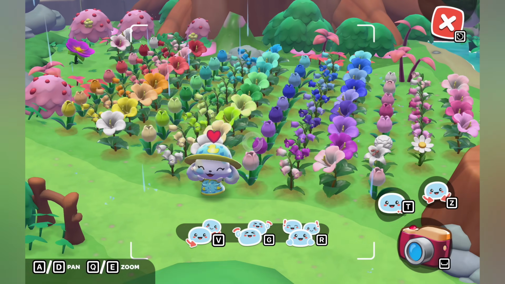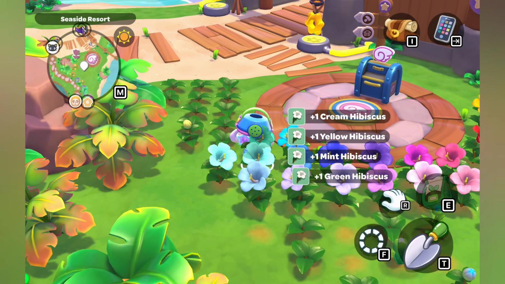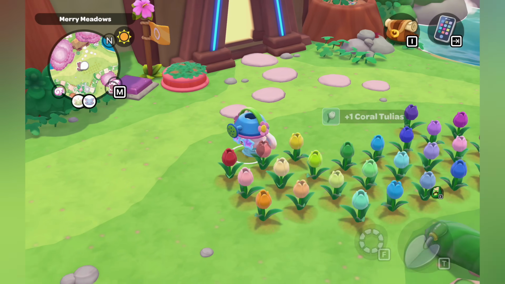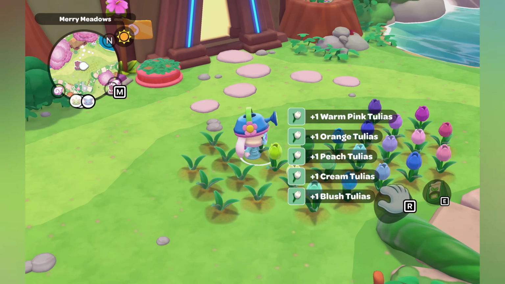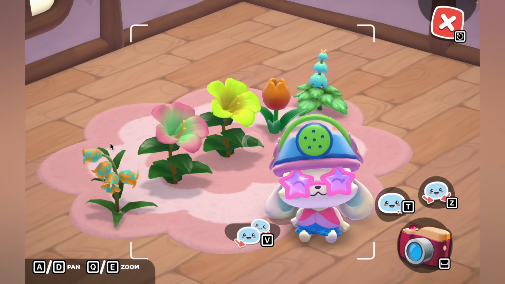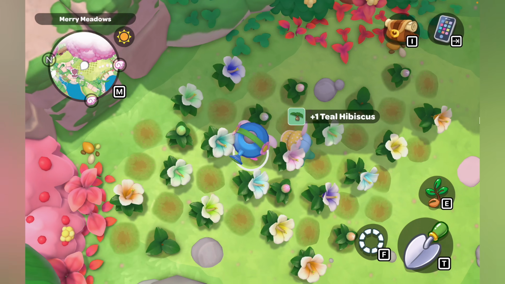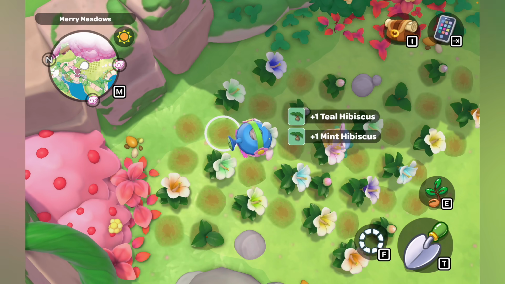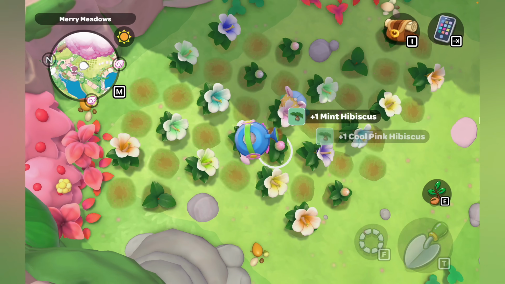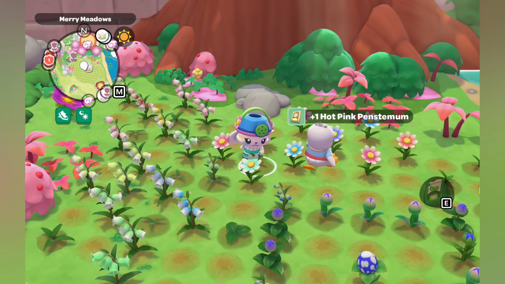Have you seen other players with fields full of rainbow flowers and you don't know how they did it? Look no further. I am going to teach you everything you need to know about getting all types of flowers, colors, and patterns. All of the mechanics behind the flowers in Hello Kitty Island Adventure can be surprisingly intricate, but I am going to break everything down for you to make it as easy as possible to become a master